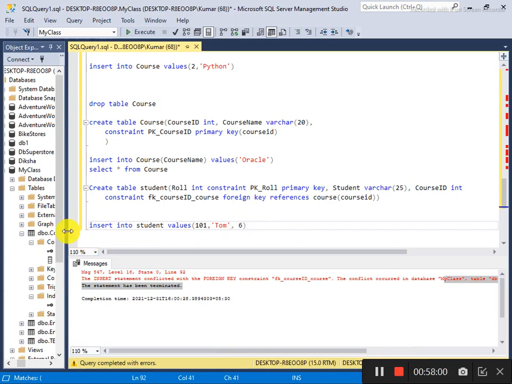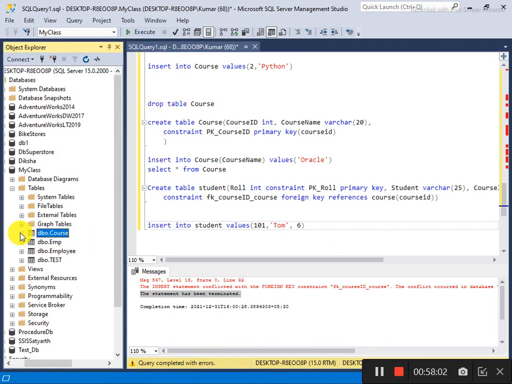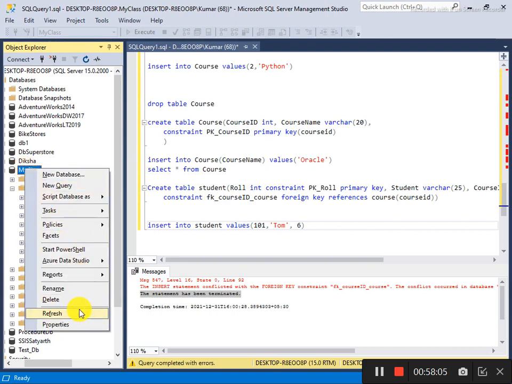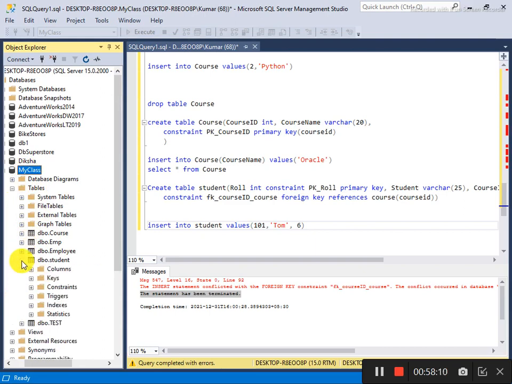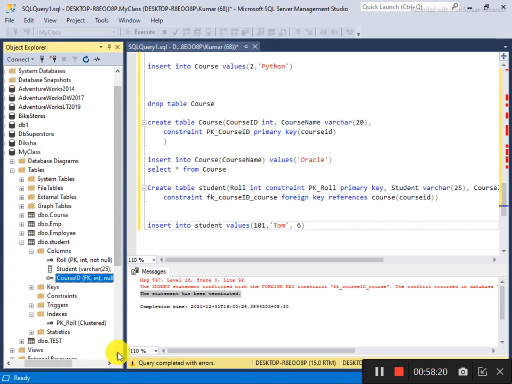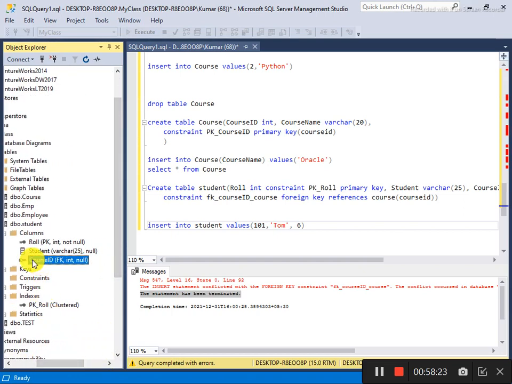So I'll change it. If you want to see the structure of the student table, click here, refresh, go to the student table, and you will see the constraints, indexes, columns. If you look at the key icons, they look different: one has teeth on the upper side, the other on the downside. The dark key is always a primary key, and the rest are in another color, like white. So this is the foreign key.